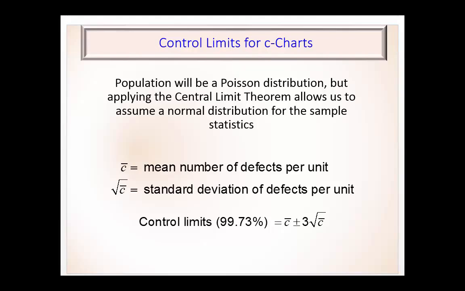So in the case of the C charts, a couple things to keep in mind. I think students sometimes get these confused with P charts, and it's understandable. They're both attribute charts. But the thing about C charts is there is no maximum. So in the P charts, I talked to you a little about free throws. Well, free throws, there is a maximum. You can only make as many free throws in a game as you are